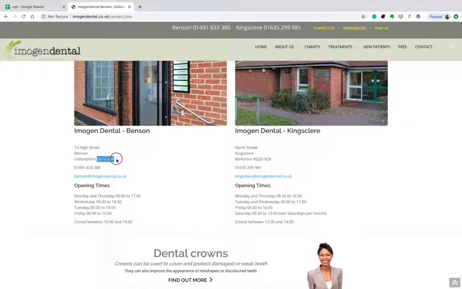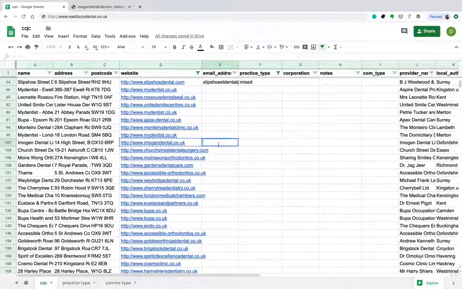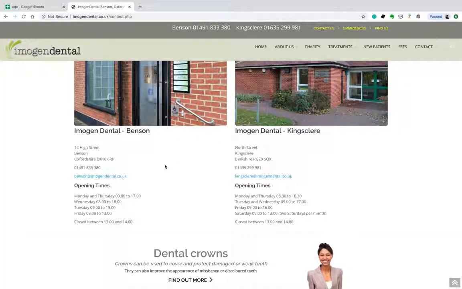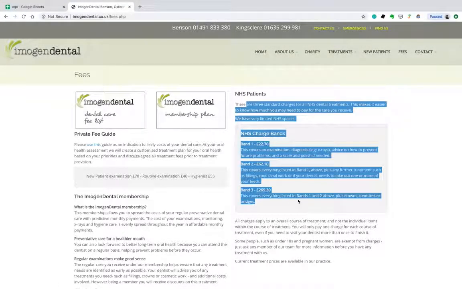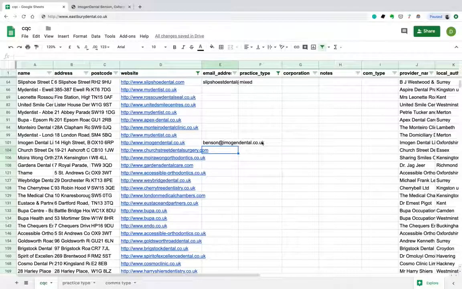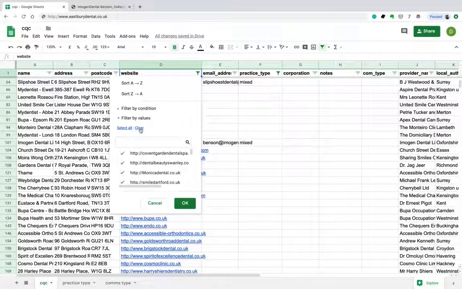Oh, so it's this one. Check the postcode, right? So it's this. Copy email. Okay. Let's go for fees. NHS patients. So that's NHS, which is mixed. Which that's good. So now let's try some things where